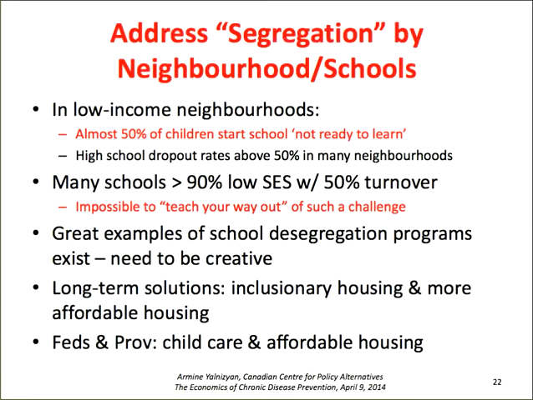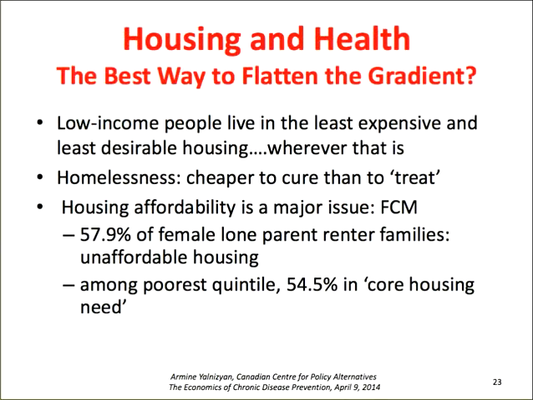But we know that many of the schools in these areas, over 90% of the children populating them have got low SES, low incomes, low education to begin with. Their parents have low education. They're coming from already deprived families, and they've got 50% turnover. These families move around a lot. You cannot teach your way out of this situation. You need population health interventions. And in fact, education and housing are population health interventions. In fact, housing and health might be the best way, making interventions in housing might be the best way to flatten the gradient because it's the biggest bite out of everybody's income, whether you're rich or poor.